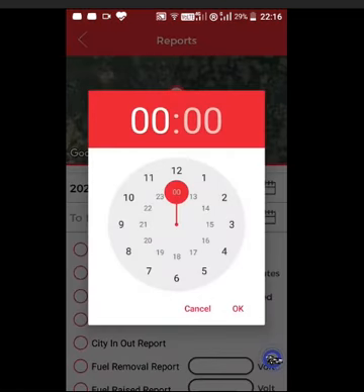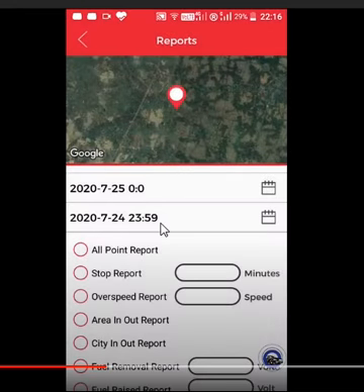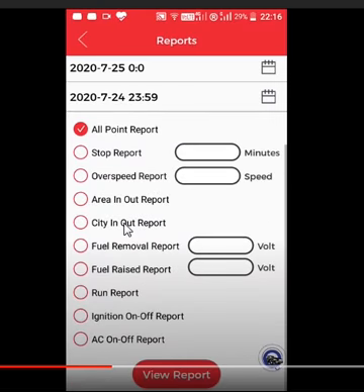Here we put the end time in the field of starting time and the previous date in the end time. Here you can see no data like this.